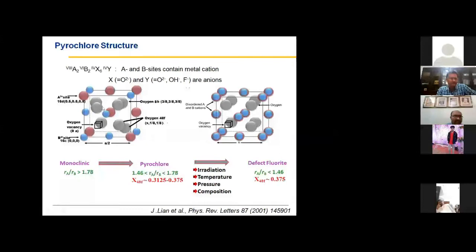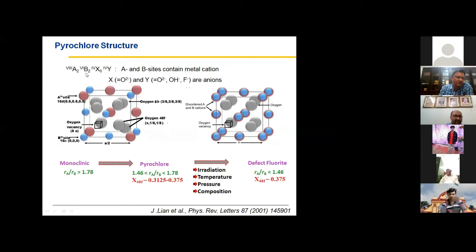So in that one, A and B will take particular crystallographic sites like 16d or 16c. And the most important thing in this case is that because this is a derivative of the fluorite structure, ideally it should be A2O8. So there is an oxygen deficiency there because 7 oxygens are there. So one oxygen site will be vacant, and depending upon the size of A and B, this x parameter